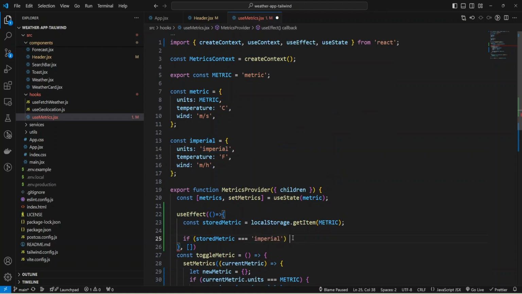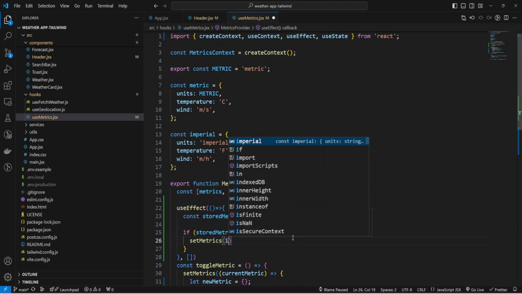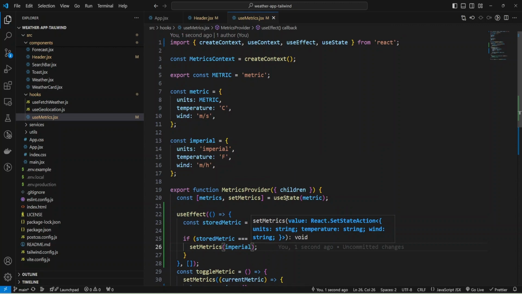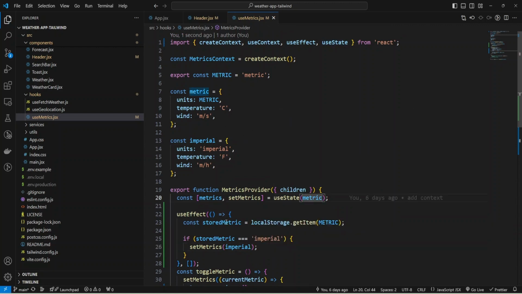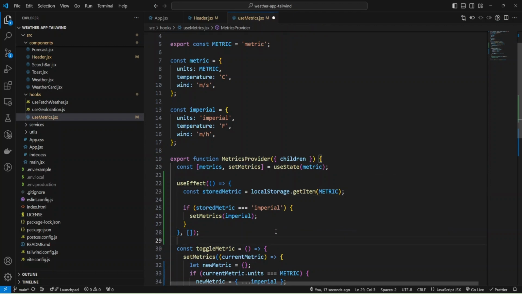I'm going to change the metric, and I'll set metrics and provide imperial. Okay, by default we have metric, and if we have metric in local storage, we don't need to change metrics because we have that value already.